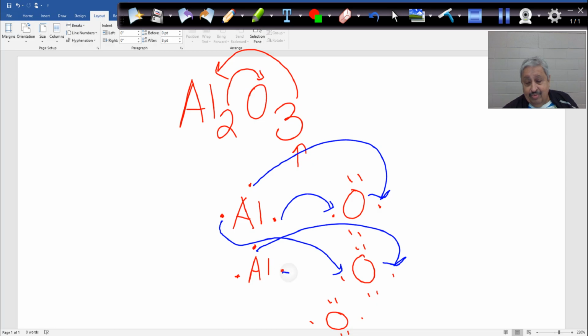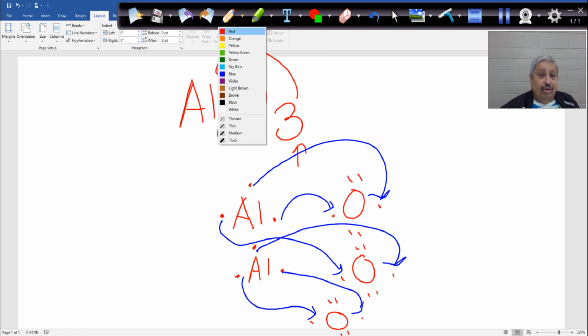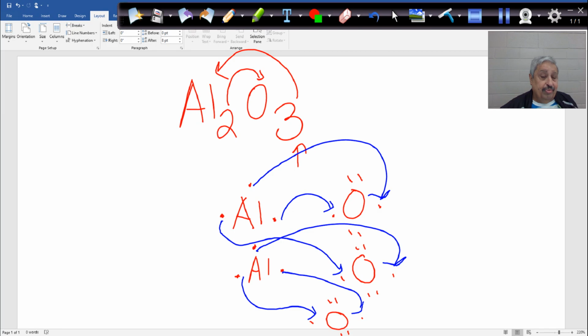This will go here, and this will go here. So all those 3 valence electrons of aluminum will be given to oxygen. So aluminum is losing all those 3, it becomes 3 positive, and the oxygen has 6, correct? So it's gaining,